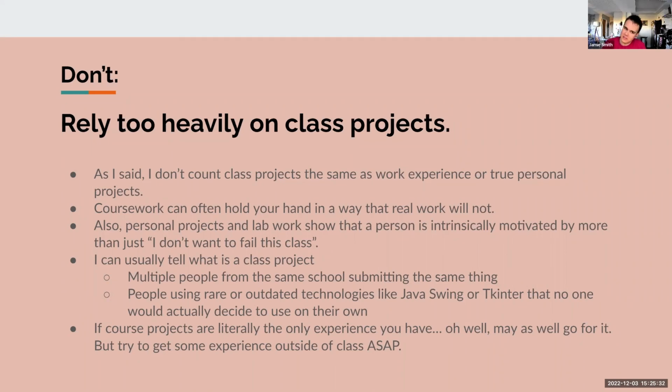And trust me, I can usually tell what is a class project. If there's multiple people from the same school who submit the same project, then that's probably a class project. If there's people using kind of rare or old technologies like Java Swing, Tkinter, building web apps in C, then you wouldn't actually want to use that on your own, so that's probably a class project. And I know there's going to be some Tkinter fans who get really mad at me for that, but